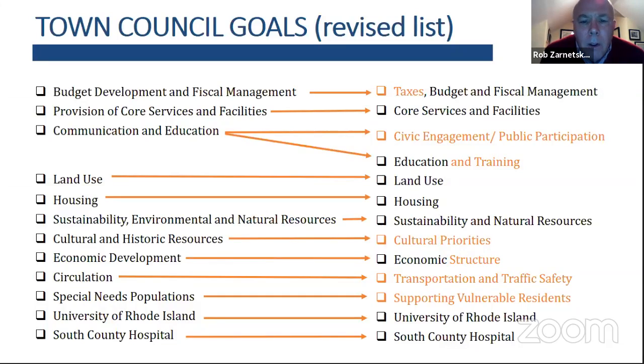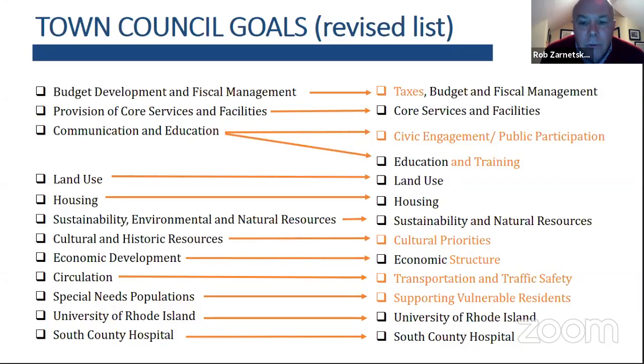I also think, though, that there's more to education than we've stuffed into this category in the past. We don't, in South Kingstown, have any stated objective with regard to adult learning or lifelong learning. We only speak to the under 18 student population. And we don't speak to education or training with regard to our workforce. And I think that there's room for us to do something about talking in our goals and objectives, or your goals and objectives, about what you'd like to see in terms of the skill set and the training associated with that skill set for town employees.